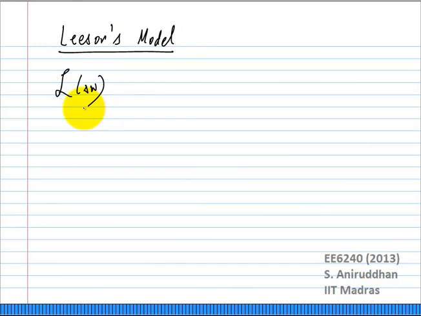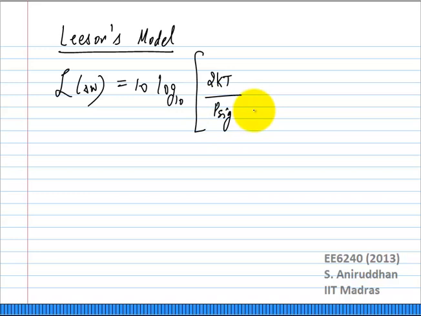It says this phase noise L of delta omega should be 10 log 10 of 2 kT by P sig, which was our original expression. I am going to tack on an extra factor called F. Now I need to get the 1 over f cubed, 1 over f squared and the flat noise region. So the expression which we had as just the 1 over f squared noise is going to be replaced slightly differently. 1 plus